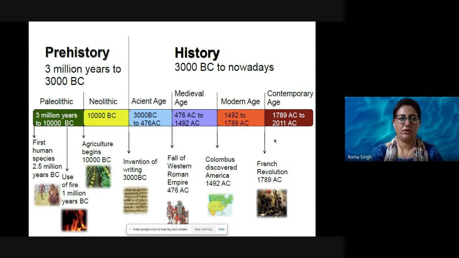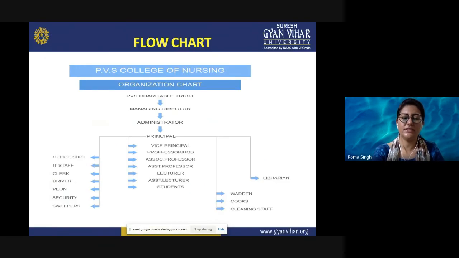Like this, what kind of age was prehistory, at what time it was prehistory, and at what time we call it history, how this period has been covered, what name has been given, and what important events happened. We can paste pictures also. We can do it online, or prepare it with the help of charts. These are the flow charts. What happened first, then what, in a sequential manner, in chronological order. This can go from upward to downward, or downward to upward.